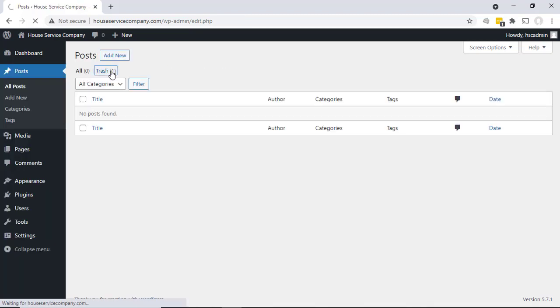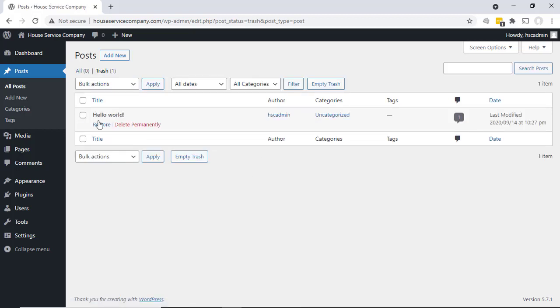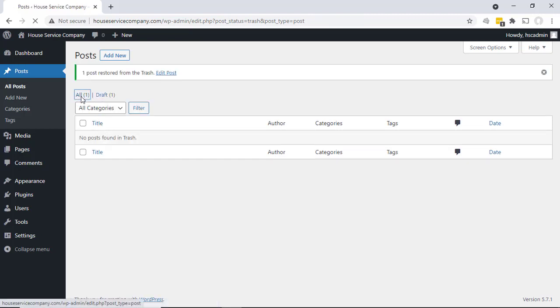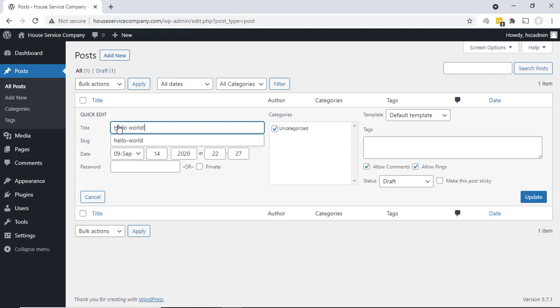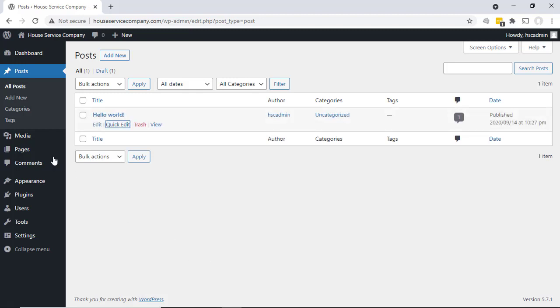And we'll go to the trash. And we'll go ahead and restore that. And then we'll go to all. And we'll see here that it restored it as a draft. So we'll just do a quick edit, and we will change the status to publish and update. Okay, so now we'll go to comments,